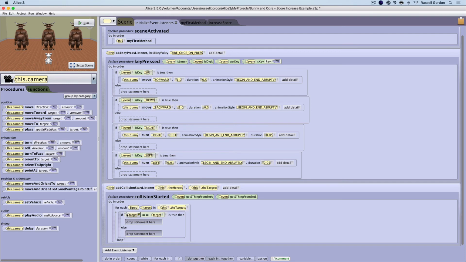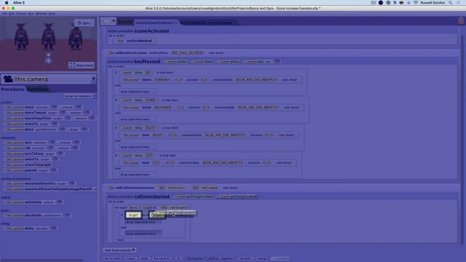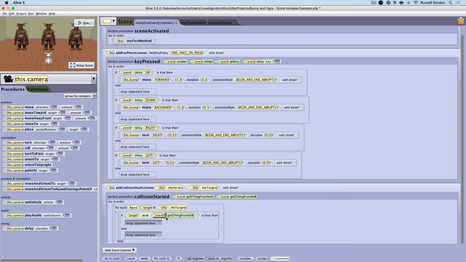Now that doesn't make any sense. If target equals target, we're going to replace the second target with get thing from set B. So in other words, again, one more time, this loop goes through all the targets in the list of targets. As it inspects each target in the list, it's going to see if it's the target that this event was triggered by. So if it's the third ogre,